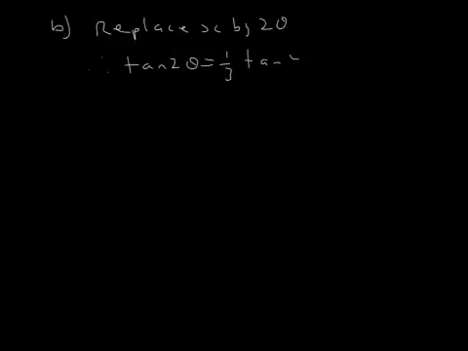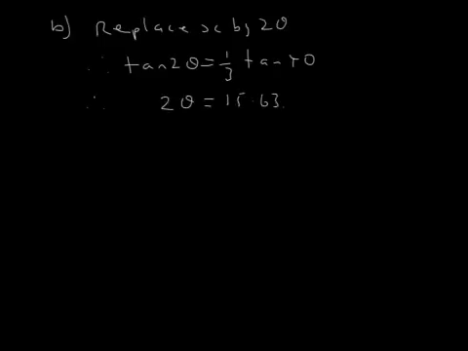Now the equation in part B is exactly the same as the equation we used in part A, except instead of writing x, they've written 2 theta. So therefore we can say that tan of 2 theta is 1/3 tan 40, because we've had that result before. We had tan x is 1/3 tan 40. So therefore 2 theta is inverse tan of 1/3 tan 40, which is